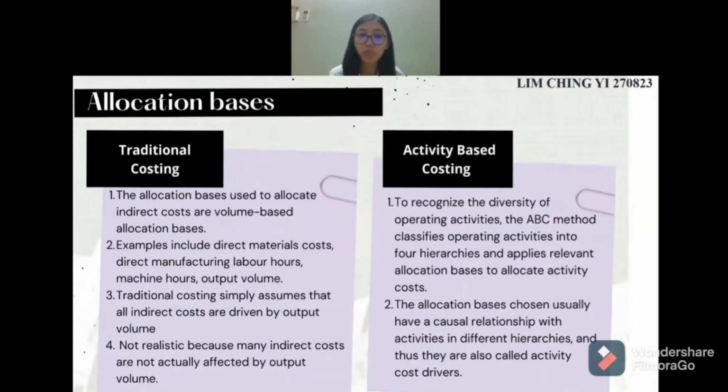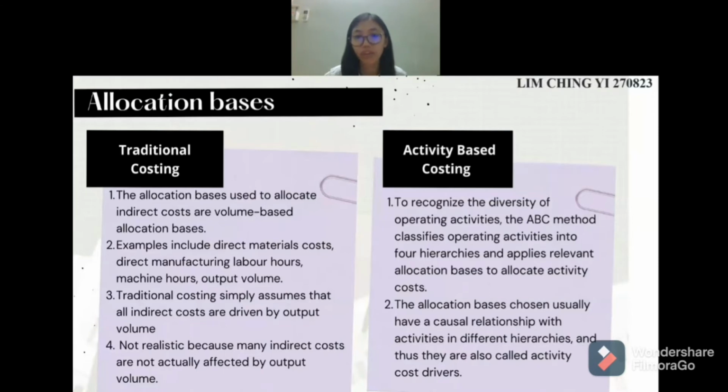By using volume-based allocation bases, traditional costing simply assumes that all indirect costs are driven by the output volume. However, this assumption is not realistic because many indirect costs are not actually affected by the output volume. For example, the design cost of a product is affected by the complexity of the product. Once the product design is finished, the design cost is fixed no matter how many units of the product are